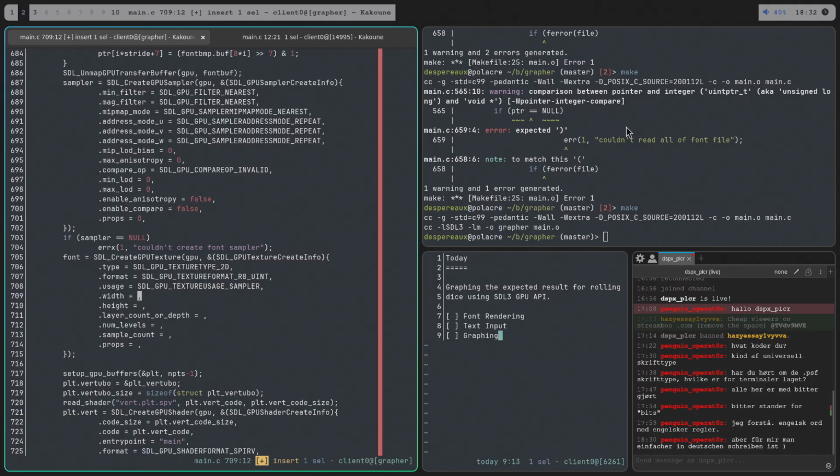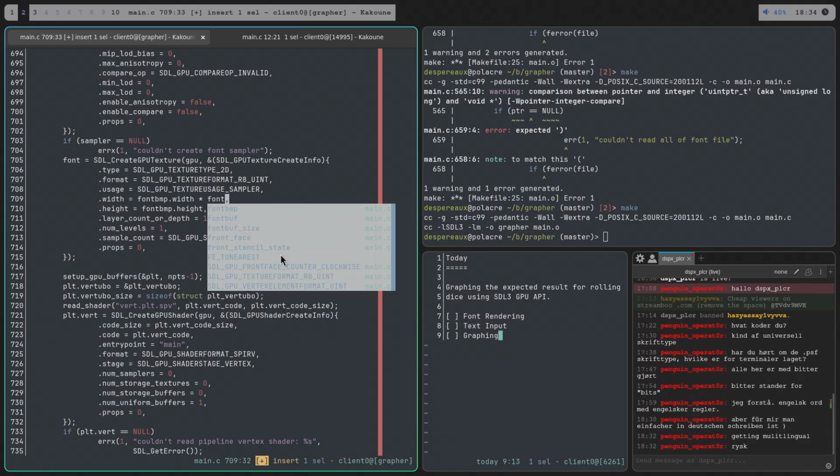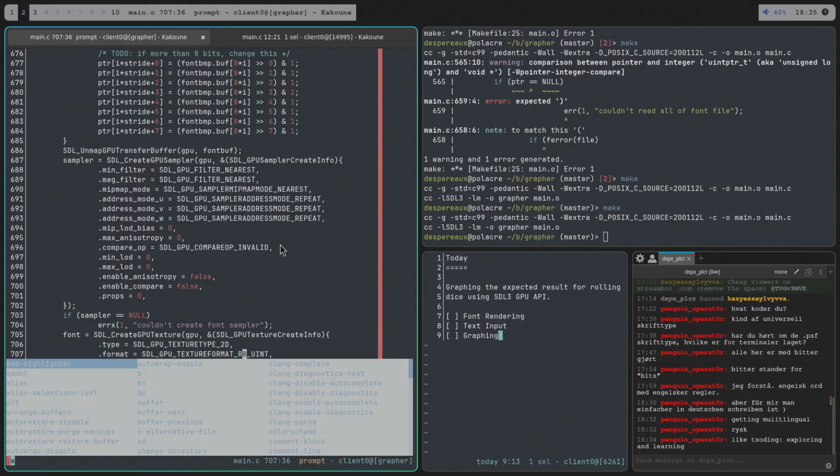Usually it's displayed on a grid, but I don't know if there's any reason to do that. You might as well just have it in one big row. I don't know if there's any reason not to just put them in one big line. I don't think there is. So we can just go height is font BMP dot height, and then width is font BMP dot width times font BMP dot nchars. And then we need to bind, yeah, so we need to make a sampler,